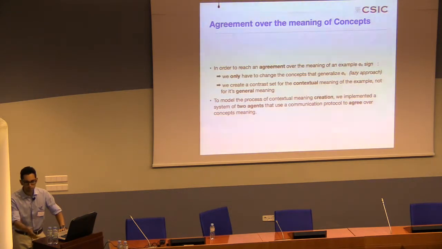So for each agent, the contrast set is fully separated. So there is no notion of entailment in my own representation of chairs and armchairs. These are fully separated sets. So I do not have means to capture the fact that if something is an armchair, then it's also a chair.